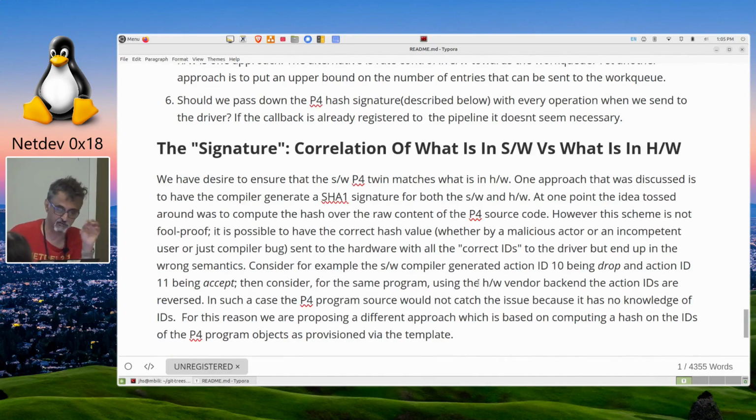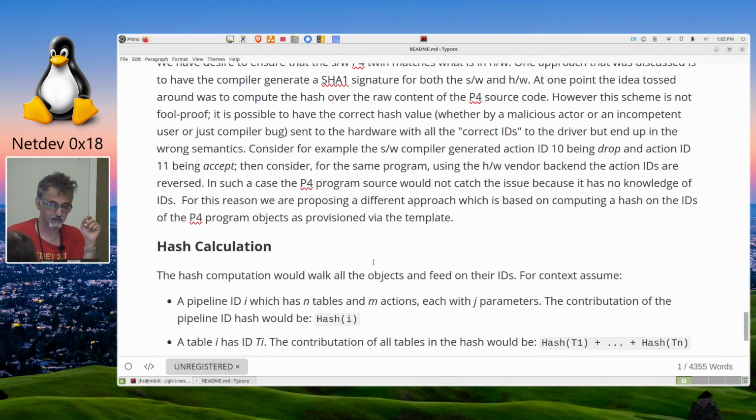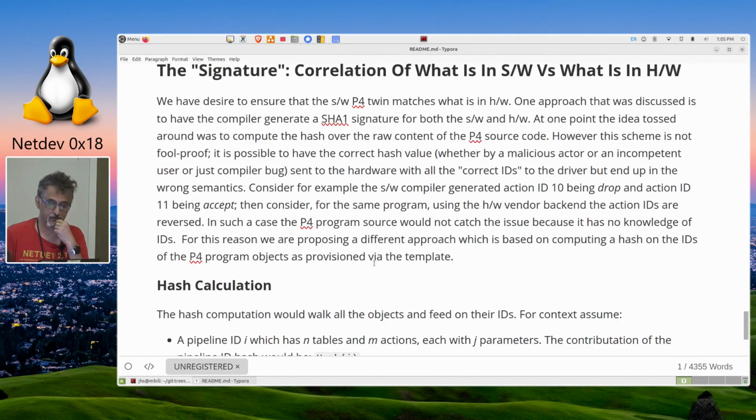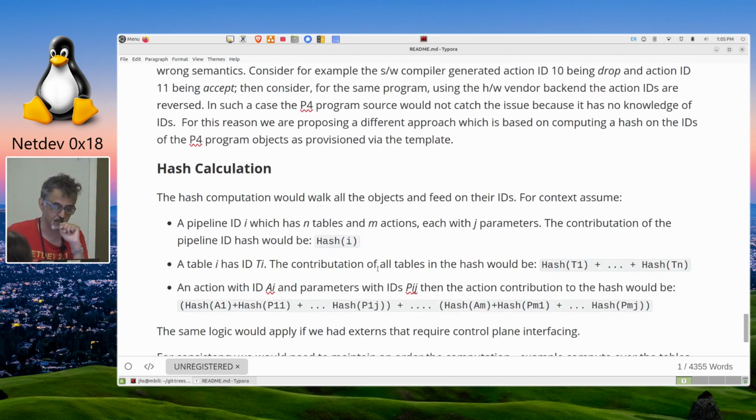Correlation of what is in software versus what's in hardware. Right? So what we did was, of course, we need to ensure the two twins, what's in hardware and what's in software, use the same IDs. If we're using software data path, also use the same IDs. If it's coming from the control plane, it's using correct IDs. In that case,